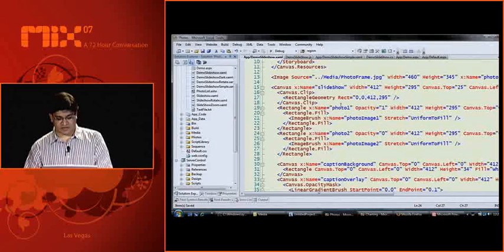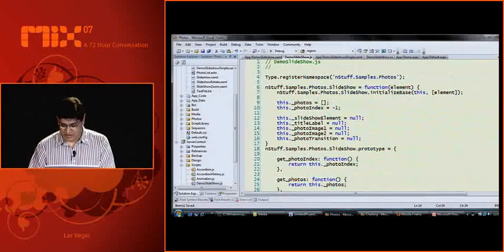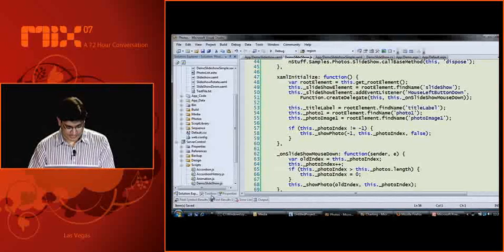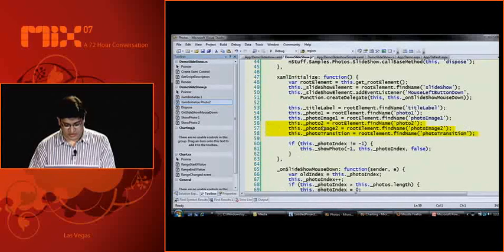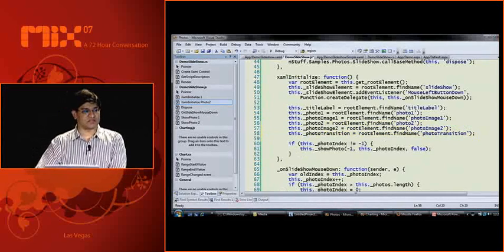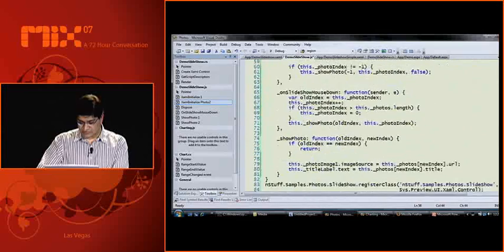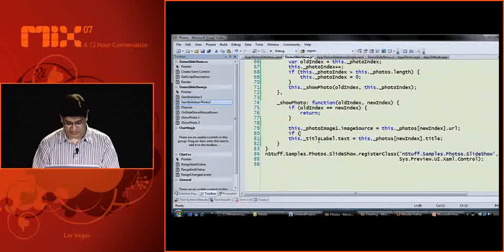So now previously I was programming against photo 1. Now I also need to program against photo 2, for example. So I'm going to go back to my JavaScript file and find a few more elements. So I'll go ahead and copy some script here. So you can see I'm doing yet more of the same pattern here where I'm finding elements from the XAML tree. And essentially after this, I need to say, if I have a photo transition,